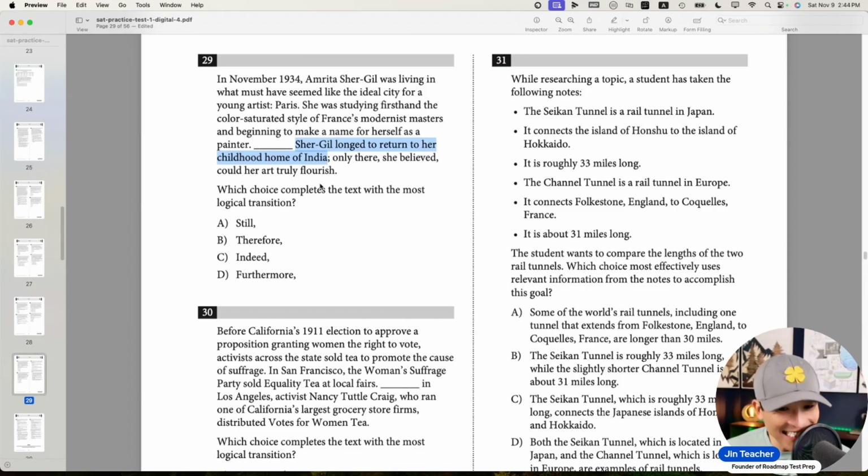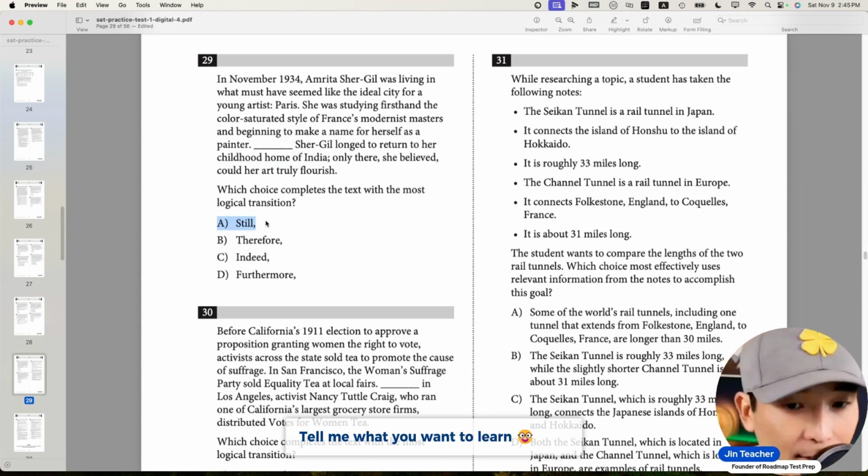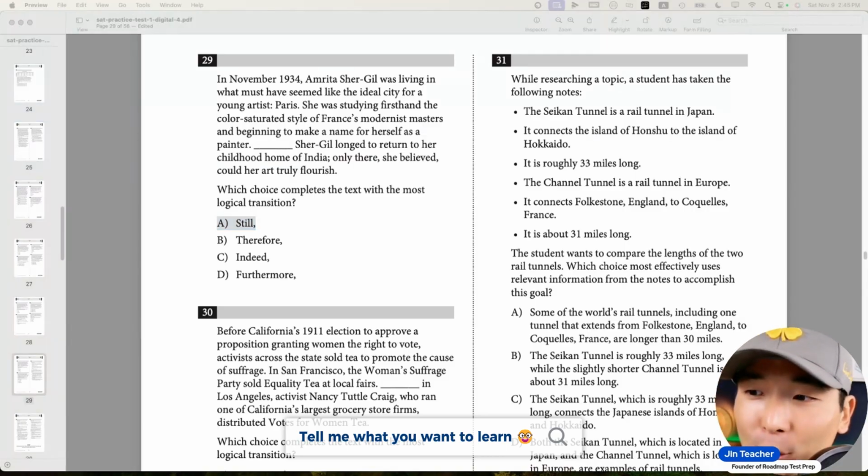So the second sentence is not a logical consequence. It's actually an unexpected consequence of the previous information, right? It's an unexpected result given what we just heard. And so in these cases, you guys, we want to use a special type of contrasting word, words like still, words like nevertheless. So words like still and nevertheless, what they do